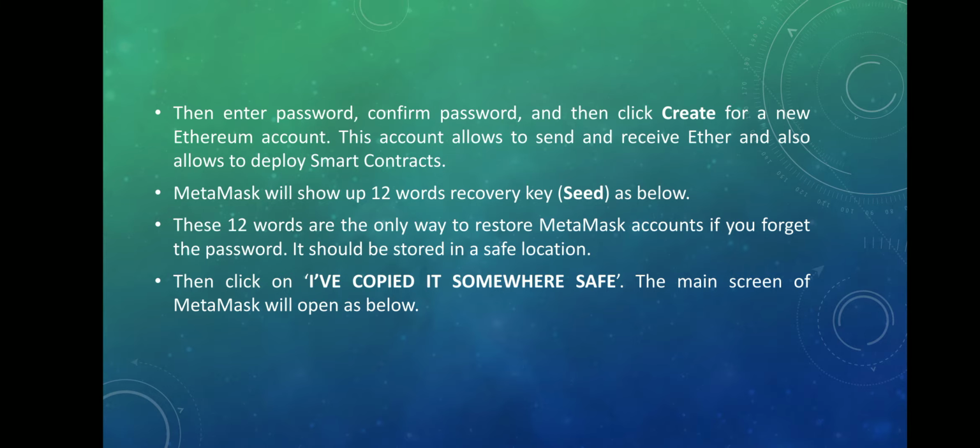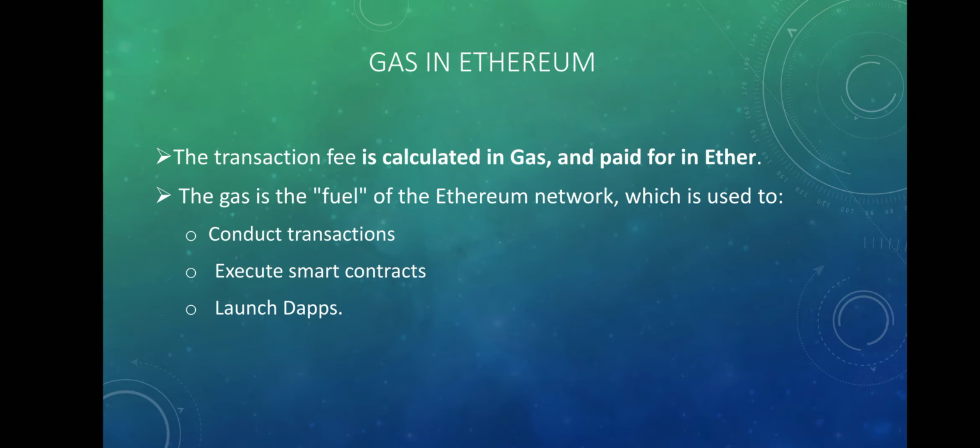In the Ethereum blockchain and MetaMask, we are going to use a few terms frequently. Maybe you have heard about gas in the Ethereum blockchain network, so let me define what is meant by gas here. In the Ethereum network, the transaction fee is calculated in gas and paid for in Ether.